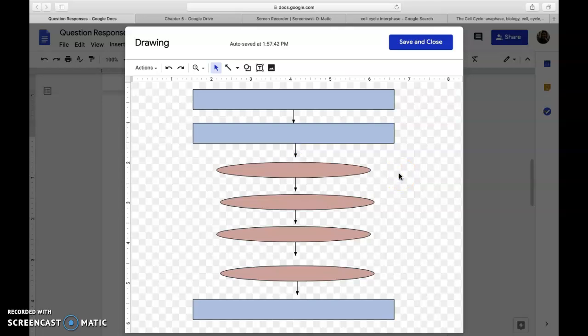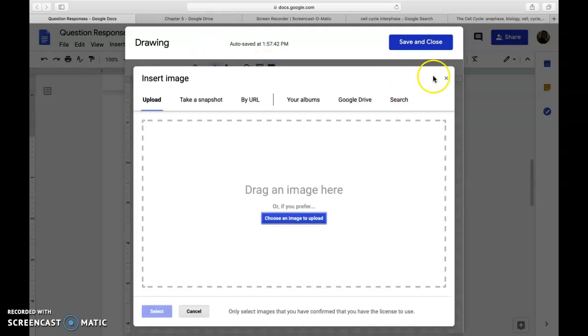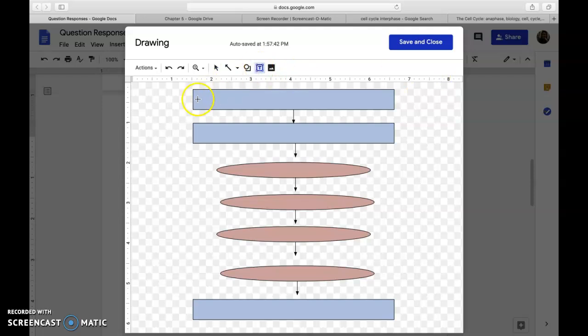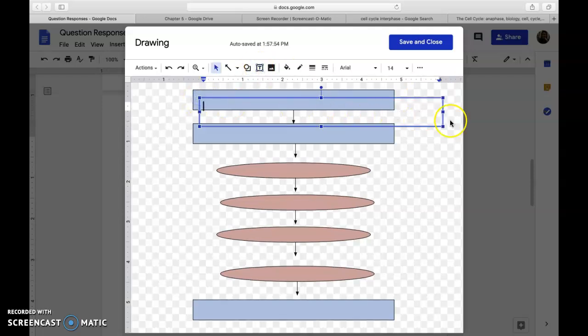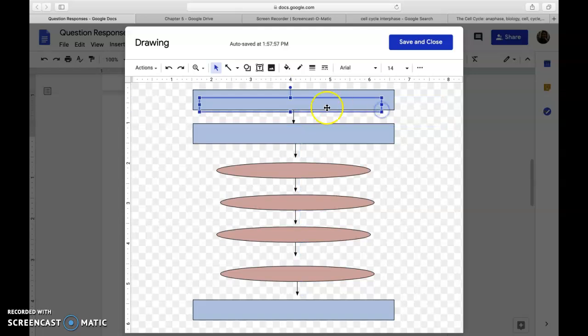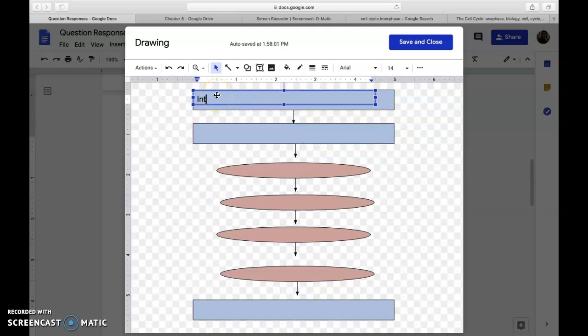So there's the outline of what my diagram is going to look like. And then from there, I want to write in the stages. So I could do a text box and then go, this one's going to be interphase. So I would just write interphase, and then I'm just getting the information straight from the book. Chromosomes are copied, and then